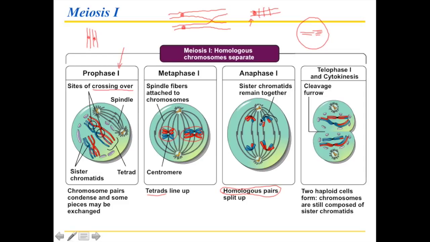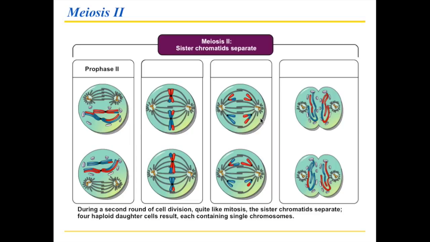And so during telophase 1 and cytokinesis that goes with it, you end up with 2 haploid cells. And so with meiosis 1, the output, if you will, is 2 haploid cells, still with sister chromatids attached, and perhaps having gone through crossing over, so that there's a little bit of an exchange in the chromosome material. Now this then isn't the end of it, because now we follow both of these cells that we just produced into meiosis 2. And as I mentioned before, meiosis 2 is simply a mitotic division.